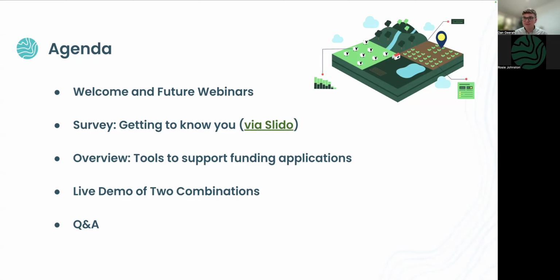I'm then going to do a bit of a live demo. I've got 2 main combinations, which will make sense in a moment. I'm going to be demonstrating Countryside Stewardship Higher Tier: how do you go from not having any plan right the way through to having a clean Countryside Stewardship plan in the most efficient way. I'm also going to demonstrate that private sector workflow, workflows that we've been working on with the likes of Sainsbury's and Waitrose, and we've got more private bodies interested in supporting farmers and advisors to come through. It's quite a lot to get through, but there will be time for a Q&A towards the end.